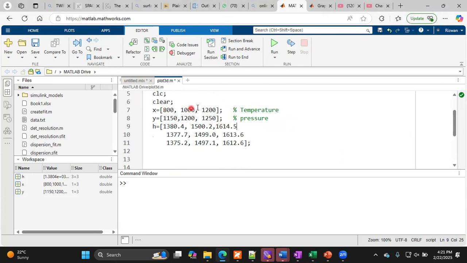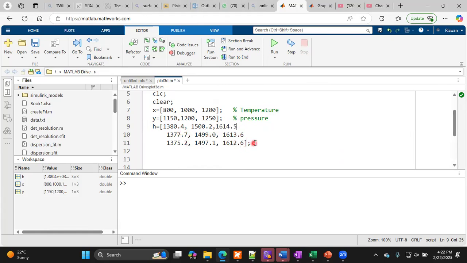So x will be considered logically on the x-axis, and the other on the y-axis, which will be x and y, and they will make the floor for the map, and h will be the variable to be plotted on the height